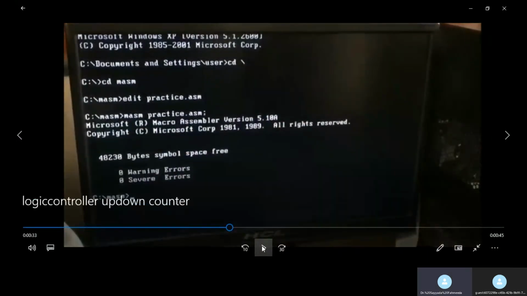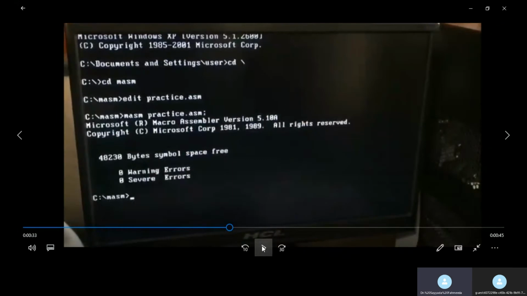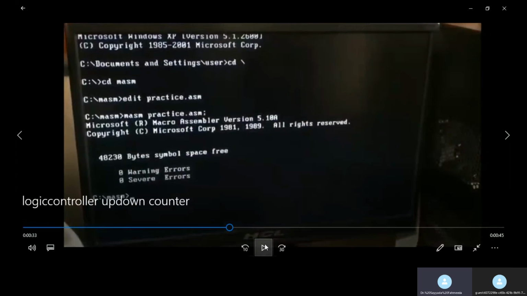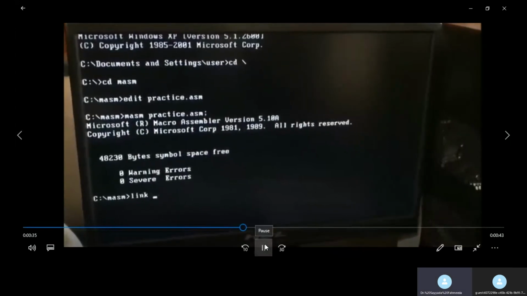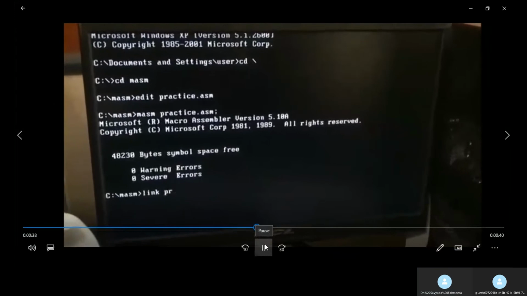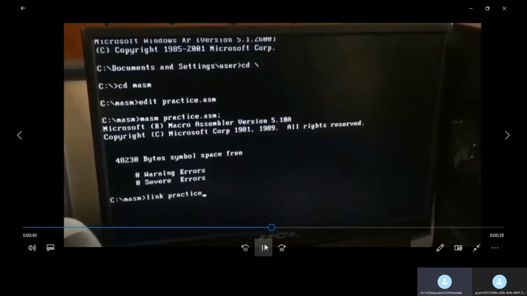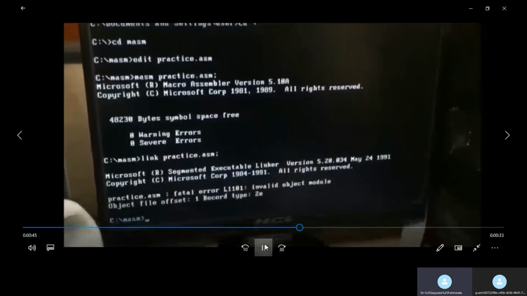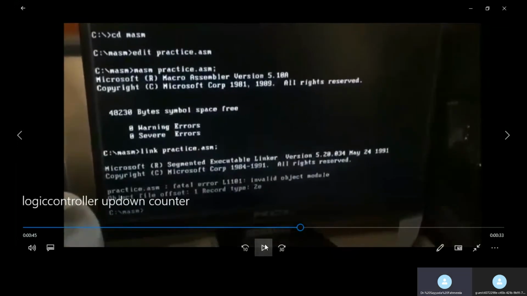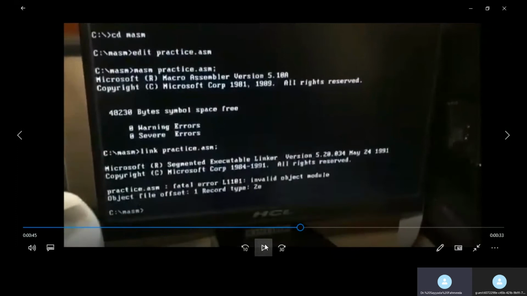Here it will show you whether any errors are there or not. If there is no error, then you need to link the program, the same way as you do with the non-interfacing programs. Here also, link filename.obj. This is the step for linking the object program.